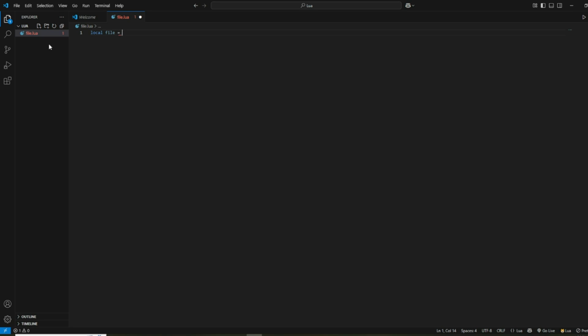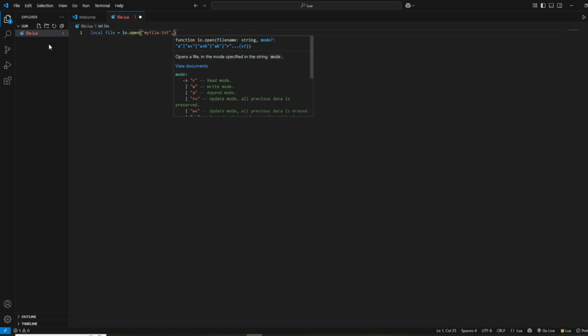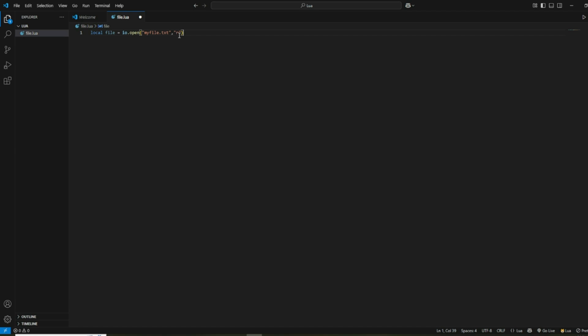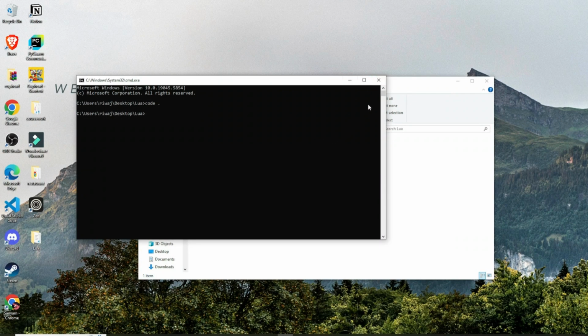So for example, if I use io.open with myfile.txt, this is the extension of the file, and if we open the file in read mode, this should open the mentioned file in read mode. Now if we execute this file while saving this, nothing will happen. This won't throw an error even though we don't have any file called